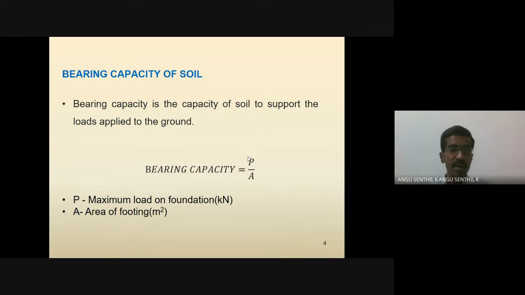It can be evaluated using soil investigation methods. Several tests are carried out on soil, and one of the parameters is the bearing capacity of the soil, which is very much required in the structural design of foundations. Only after receiving the soil report can we proceed with the structural design of the foundation.